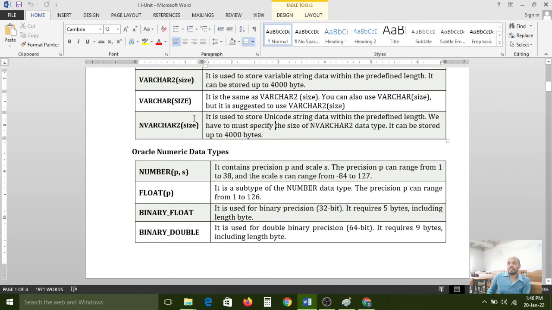Actually, according to our syllabus, the data types concept is not there. But without understanding the data types concept, we can't create any tables. We can't create any table columns. So that's why data types are also very, very important. While inserting the data, we must use the related data types in the column header. Then only the column header can give permission to store those related values.